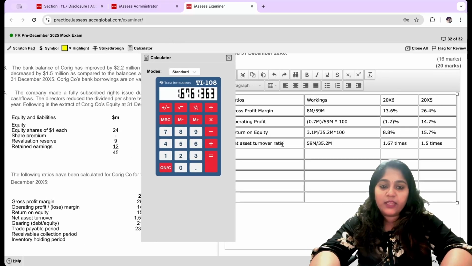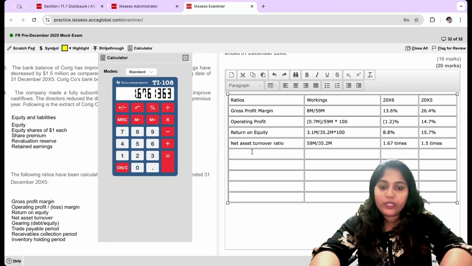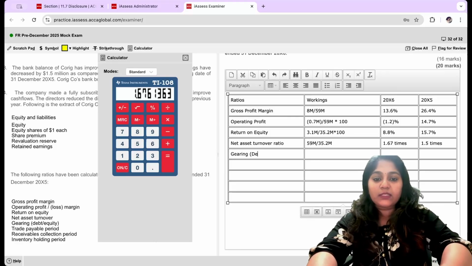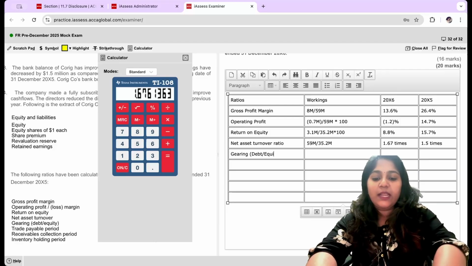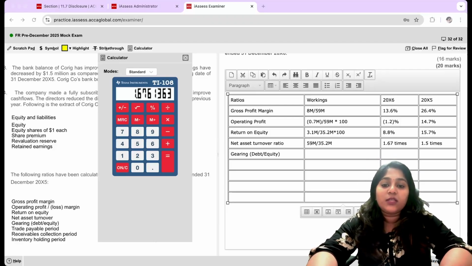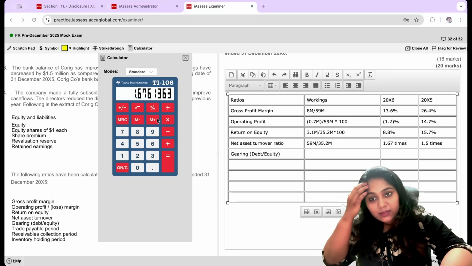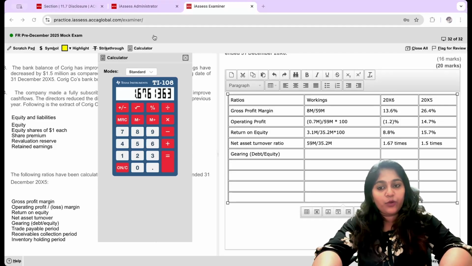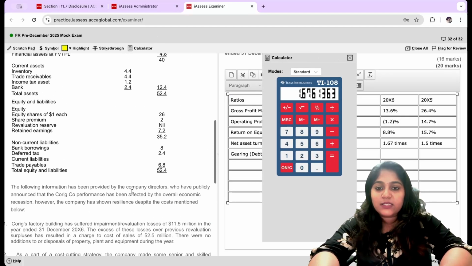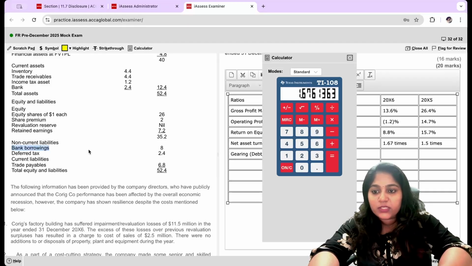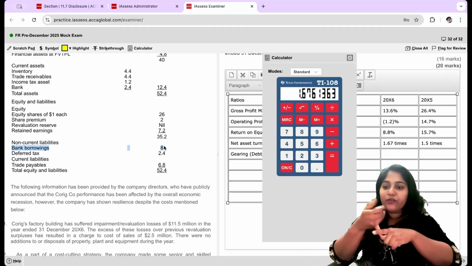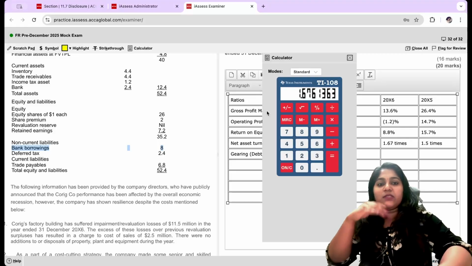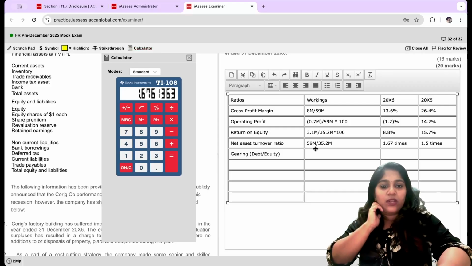Next that we have is gearing. The formula is given there. Gearing, debt upon equity, is what you have to calculate. Most of the time I get people asking, ma'am, if debt is given, what is debt, what is equity? We always get confused. See, in this question, the debt is going to be the interest bearing debt. Equity is the same, 35.2 million is the equity that we have. But let's see the debt, how much we have. This bank borrowings alone is the debt. If lease liability would have been there, I can add. Deferred tax is not a debt. Trade payables also are not an interest bearing debt. So I will take only 8 million